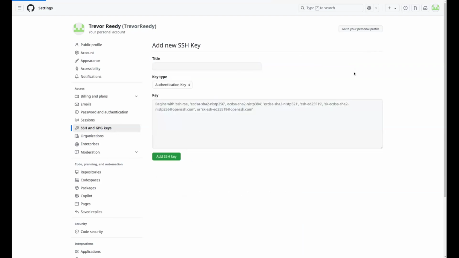You're going to want to hit new SSH key there, title it preferably whatever you would like to identify this computer as, and then you just paste it right in there. And if you followed all the last steps, it should be copied into your clipboard, so you don't have to worry about that.